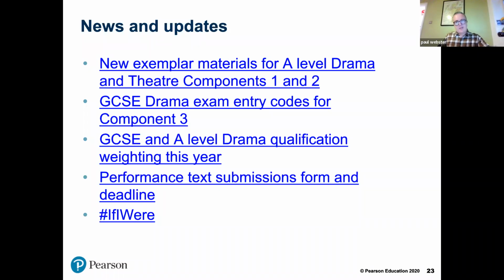If your exams officer has been badgering you about exam entry codes for component 3 this year for GCSE, and they've said what is A and what is B: as you know, we have introduced 4 new texts to our set text.